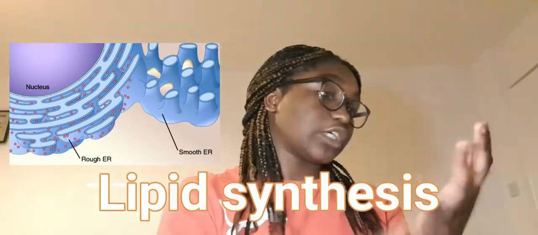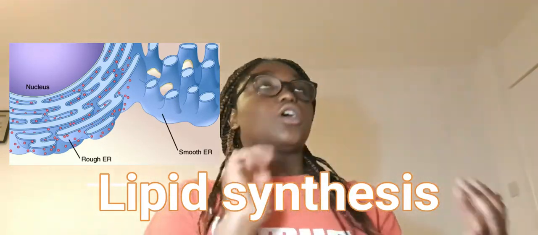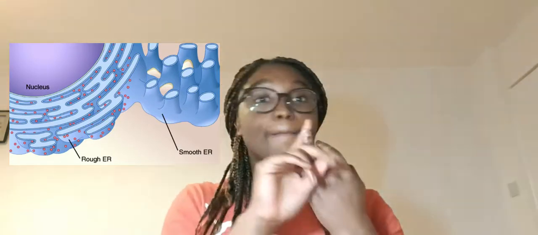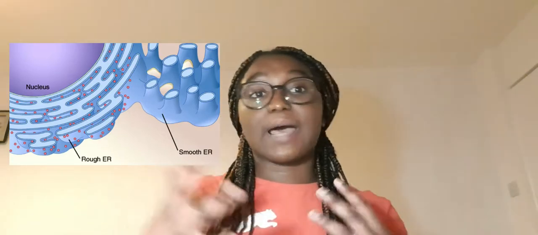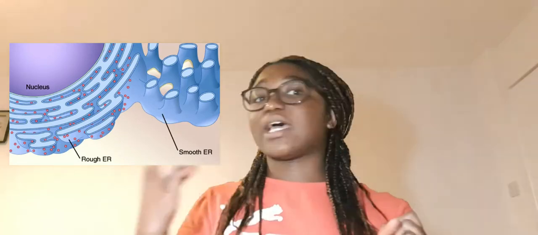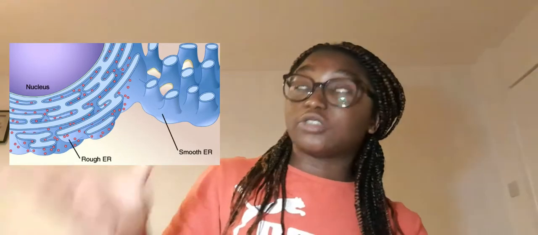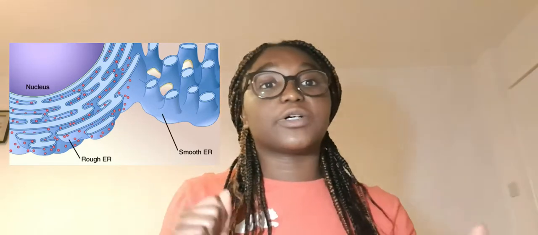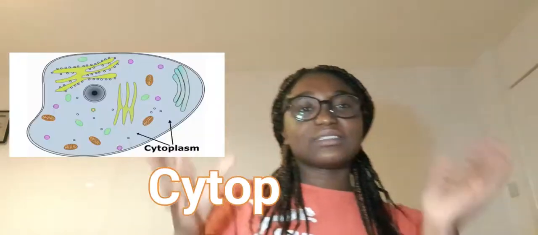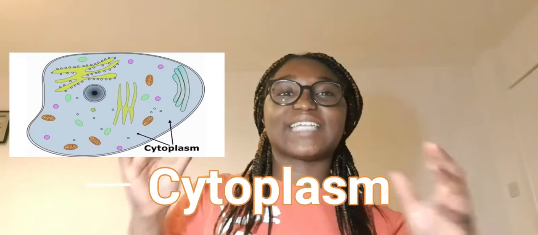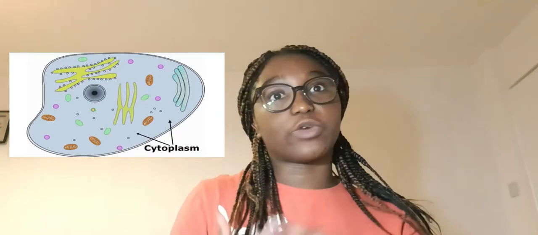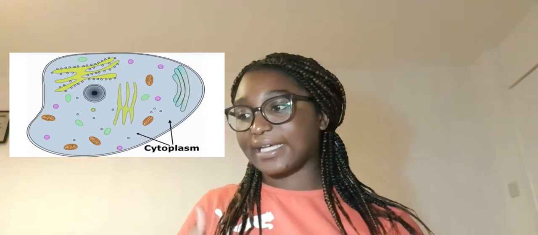That is literally it. Cholesterol, you have cholesterol. Oh, what other lipids are there? Some steroid hormones. But if the exam ever asks you what is the function, what is the role of the SER, of the smooth endoplasmic reticulum, always put synthesis of lipids. It's synthesized lipids, basically. Cytoplasm is basically a jelly-like substance, which is where chemical reactions take place, and organelles are